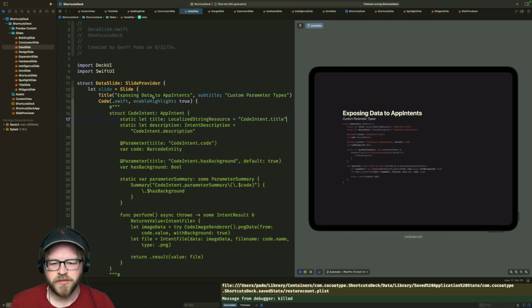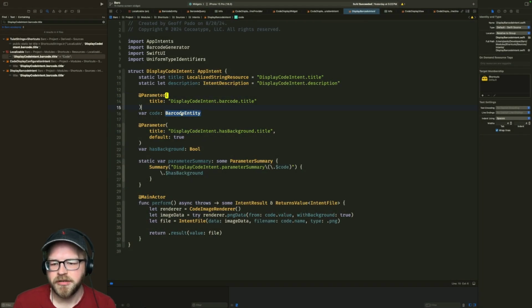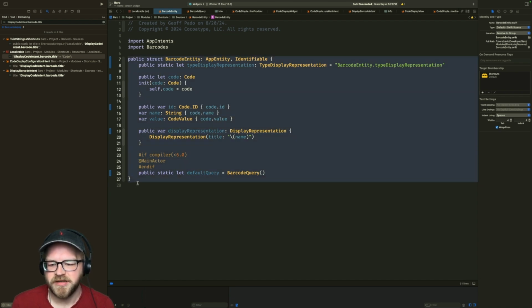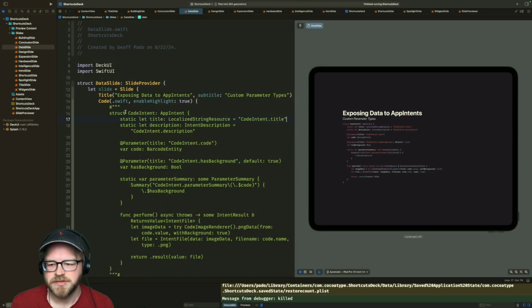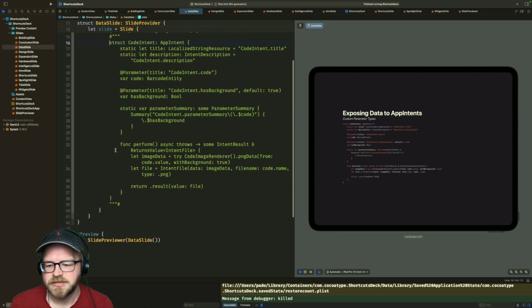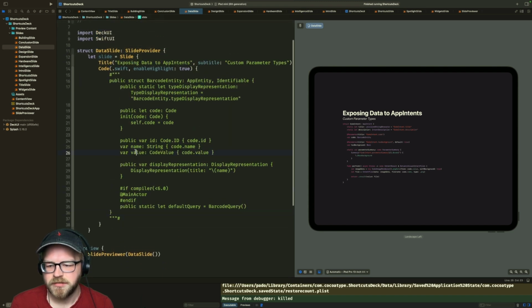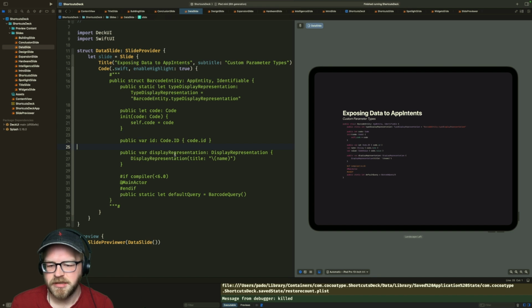Okay. And so then what we want here, this is going to be the code that we have from barcode entity. And then, okay, so I'm going to very heavily truncate this because we don't have that much space. We don't need these. We do need this display representation.